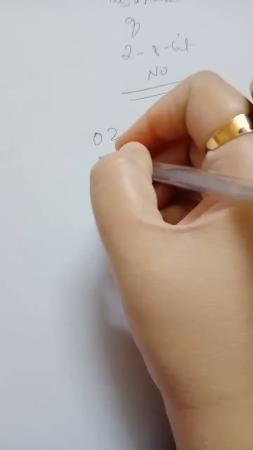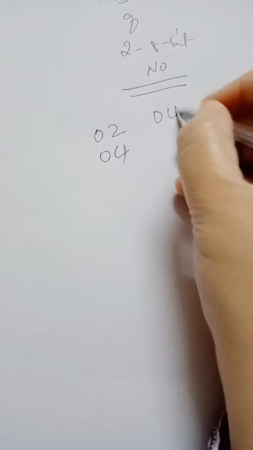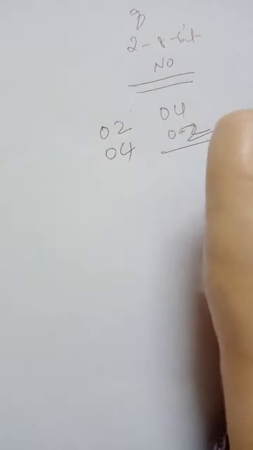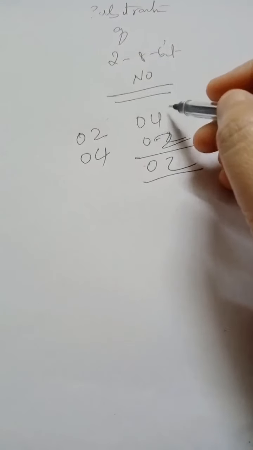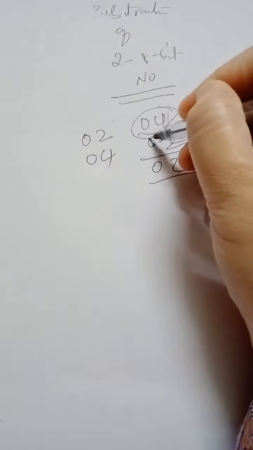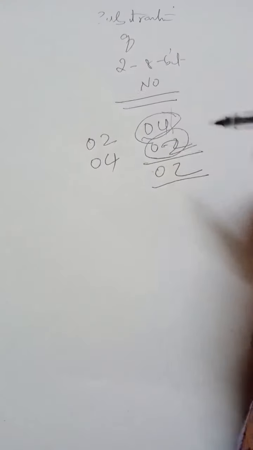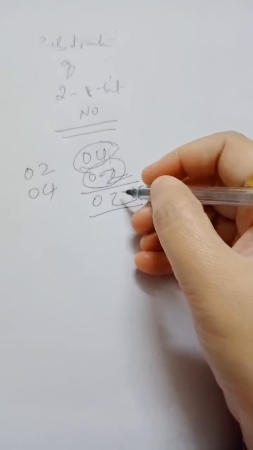8-bit numbers means any two-digit numbers, like 2 and 4, you can subtract 4 minus 2. 4 minus 2 means how much? The answer will be 2. So what you have to do is load the first number and load the second number. But here what is the concept? You have to compulsorily load one number in the accumulator, because one number you have to load in the accumulator itself, that is the 8-bit number. Without the accumulator you cannot load the data.